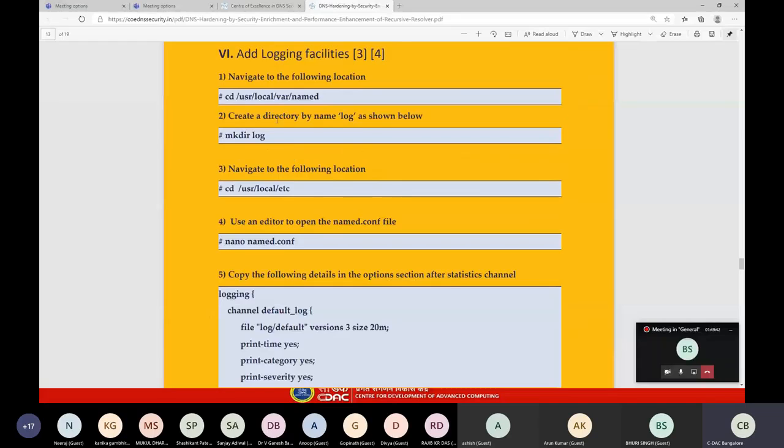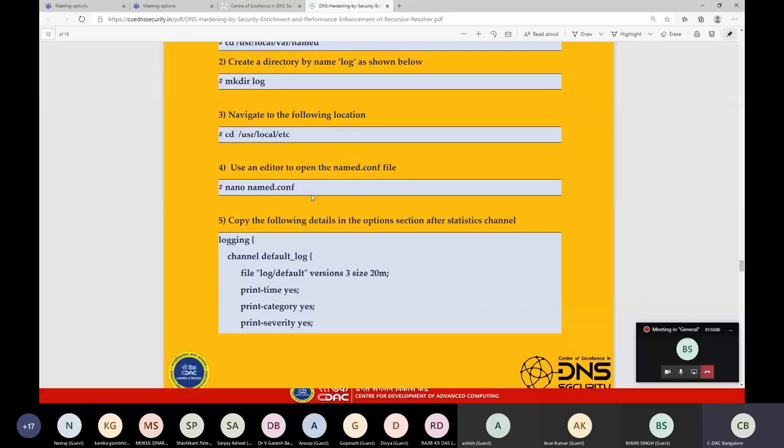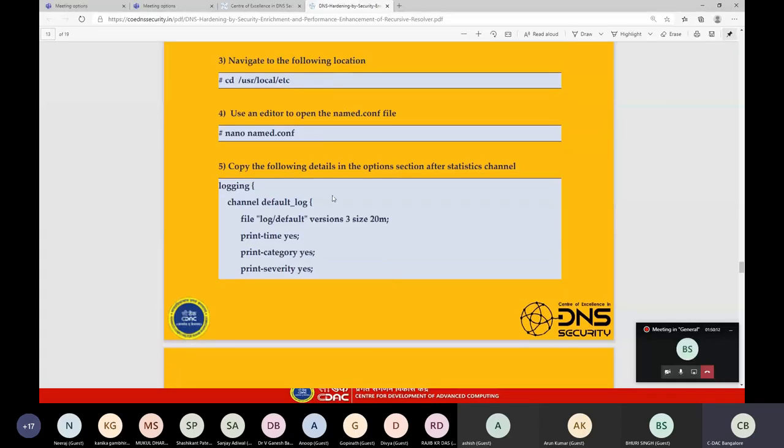Now, for enabling logging, first we are going to the location /usr/local/var/named, where we have created the default directory wherein we are storing the information related to this server, and we are making a directory by the name log, and we are opening the named.conf, which is the main configuration file of this BIND server, and in that named.conf file